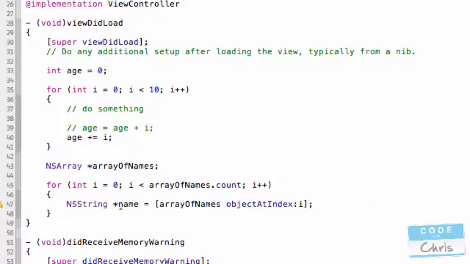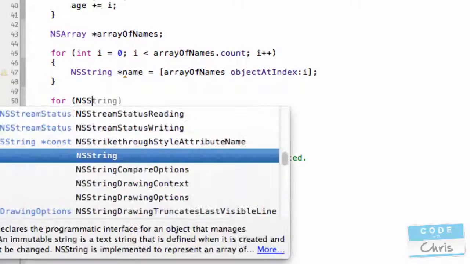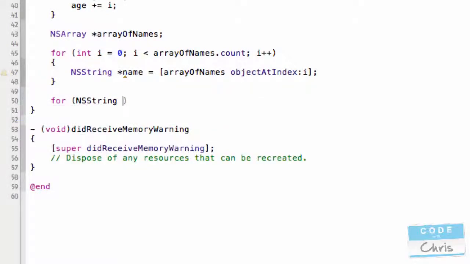So remember I told you the array contains 10 different names. This method object at index returns basically the name at a position that I pass in. So in the first loop I would be passing in 0, which would give me the first name. In the second loop it would give me the name at the next position, and so on and so forth. Now another way to write this is, if I know that this array contains strings,